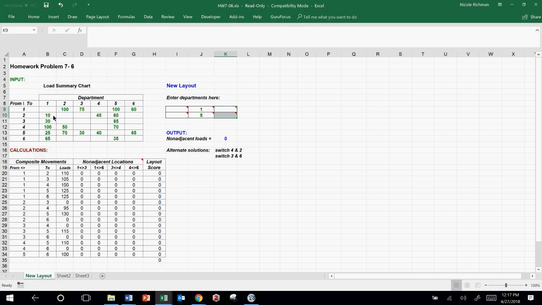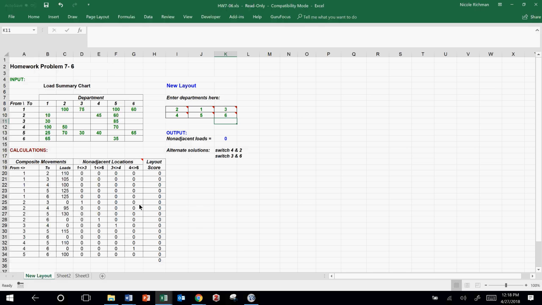Let's take a look at 2. 2 needs to be adjacent to 1. We have that. 4 and 5. Well, again, because 1 and 5 are in the center, 2 can be either top or bottom, but we know that it also needs to be adjacent to 4. So we're going to put 2 and 4 together. Then our last two, 6 and 3: 3 needs to be connected to 1 and 5. That's fine because it's in the center. And 6 needs to be connected to 1 and 5. So that's perfect. They don't need to connect to 2 and 4. They're not going to be adjacent, and they don't even need to be connected to each other. So if we put 2, 1, 3, 4, 5, and 6 in that order,